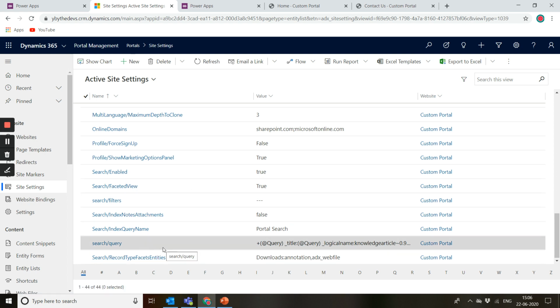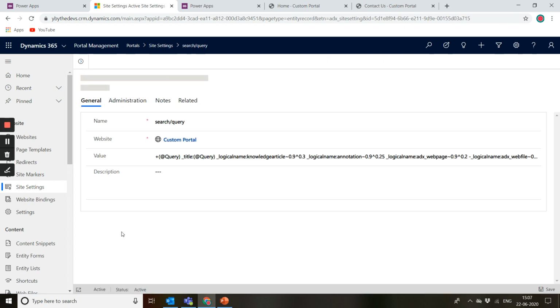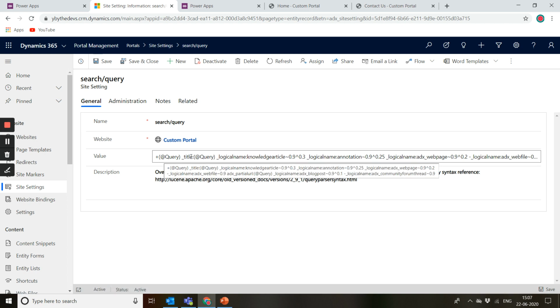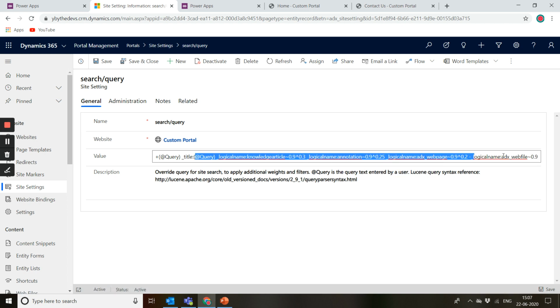One other example of site setting is if you want to enable global search on any of the custom entities. In that case, you can also update it here, like the search query. If I go here, I can see that this is enabled for these many entities right now. But if I want to add any of the custom entities, let's say I want to add the entity for courses, then I can do that from this setting. So this is how we can configure multiple things in the backend.